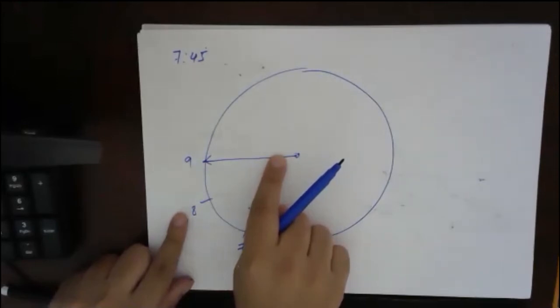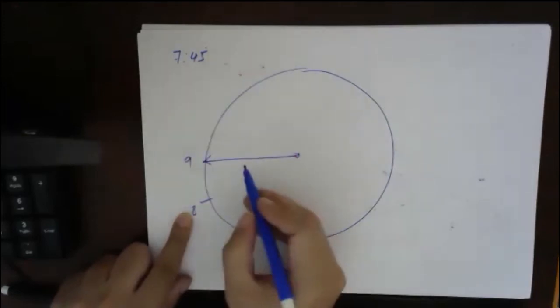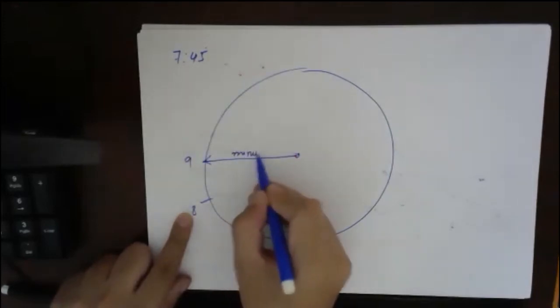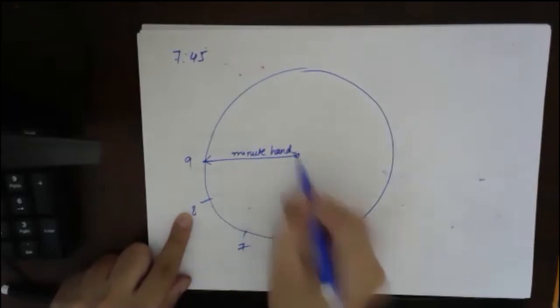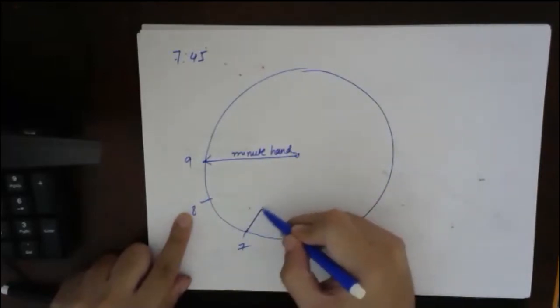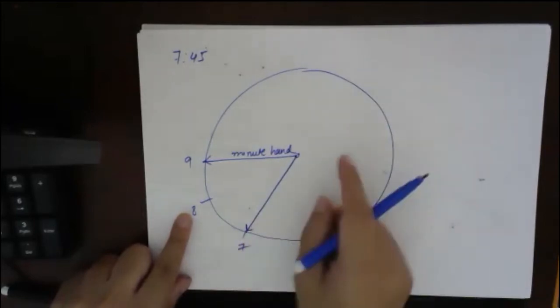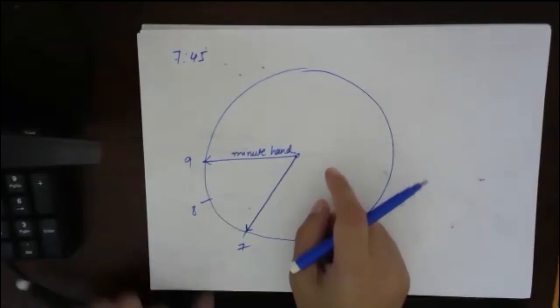Somebody was asking why we had minus in the last question while answering. Understood? That is why we have fixed the minute hand. The minute hand will be at 9 when it is exactly 7:45. Now our hour hand would be exactly at 7. Okay, I will convert it into pi also, into radian.